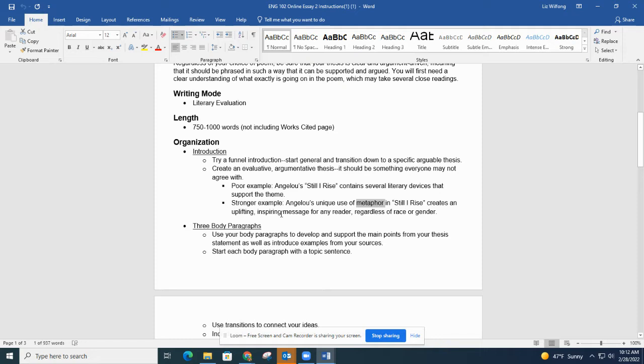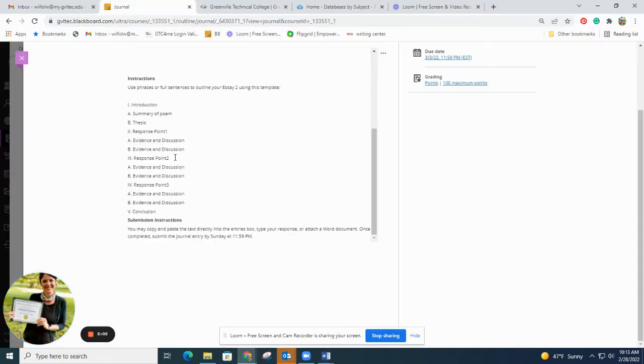But remember, your thesis needs to be argumentative. It needs to take a position on the poem and how the poem uses that device or devices to create a certain effect for the audience of the poem. So what are they trying to accomplish and how are they using those poetic devices to do it? Okay, so you've got examples here to help you. And then you're just going to follow that same format as last time. So whatever your points were in your thesis, if you had the 3 different devices, that's where you're going to talk about each one at a time.